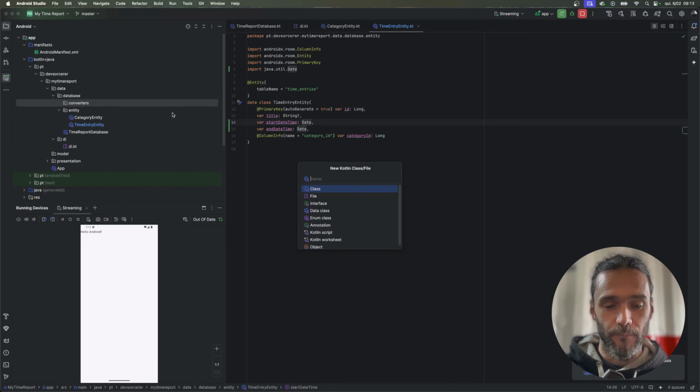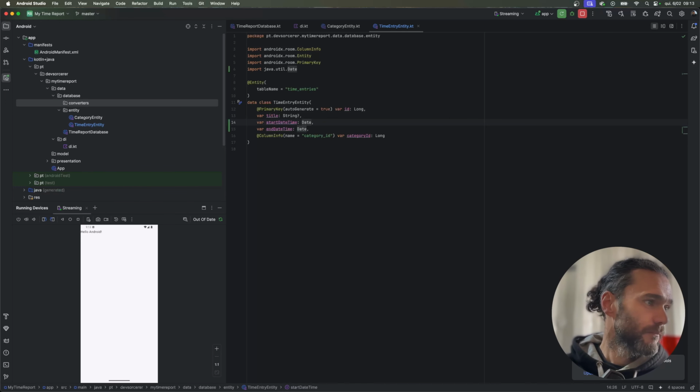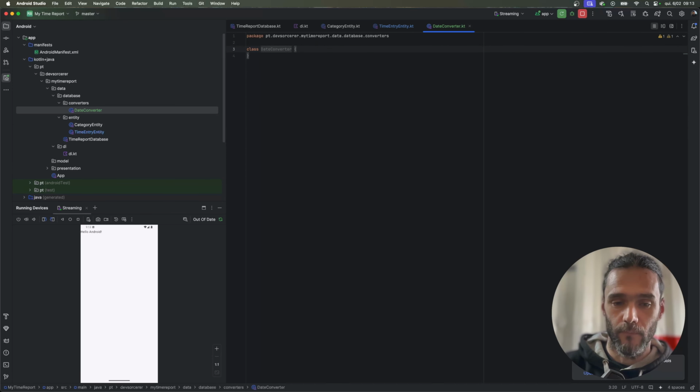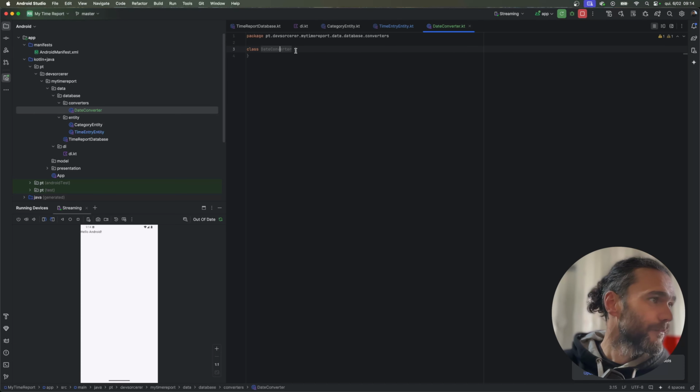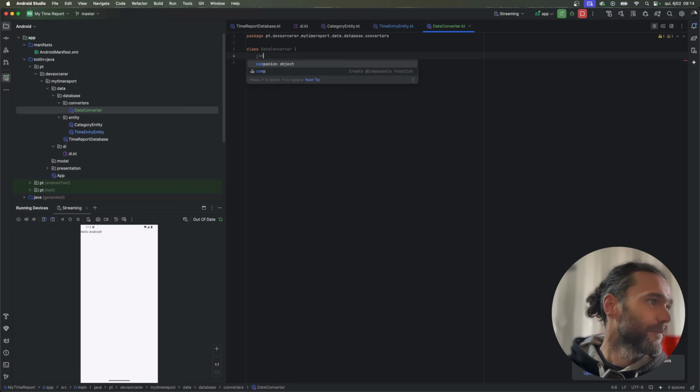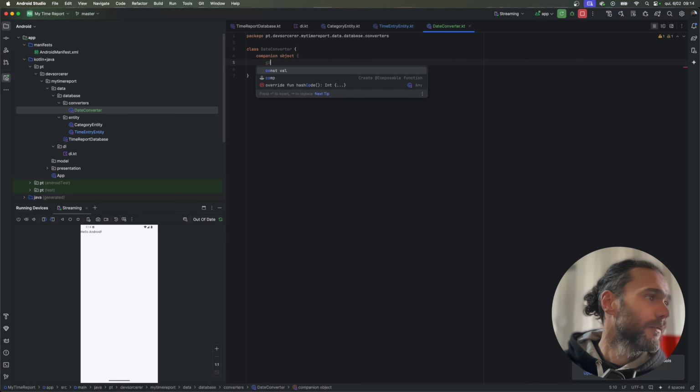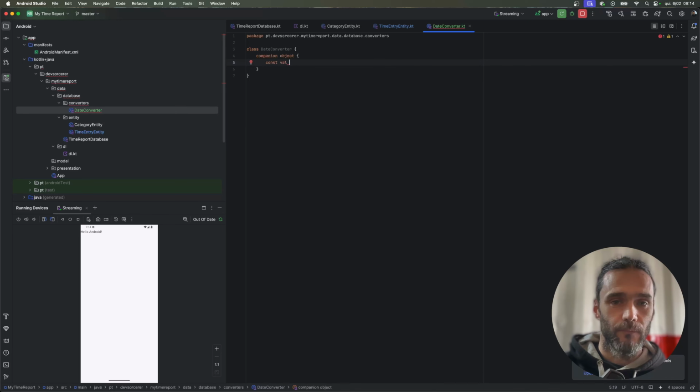It's going to be DateConverter. So inside here, we're gonna add a companion object. Gonna add a value UNIX_TIMESTAMP equals